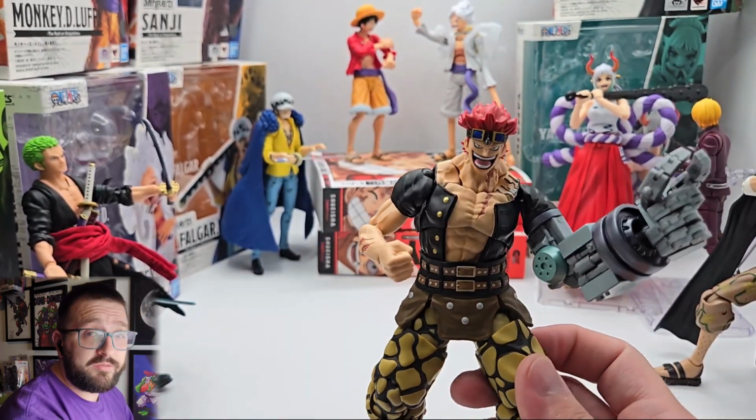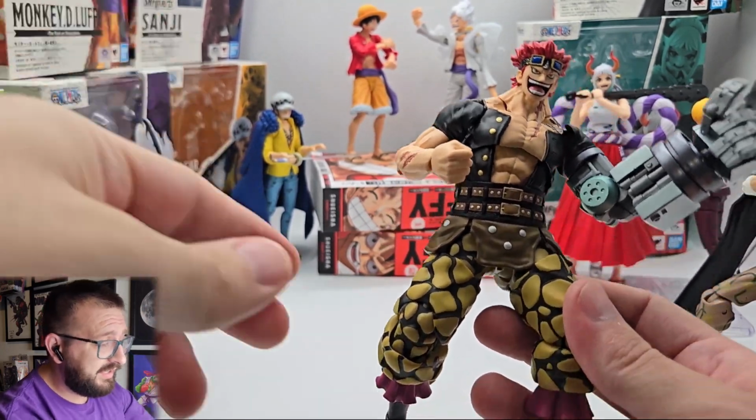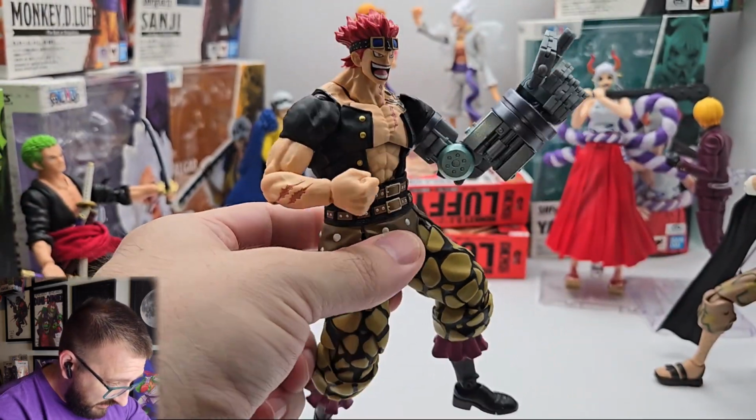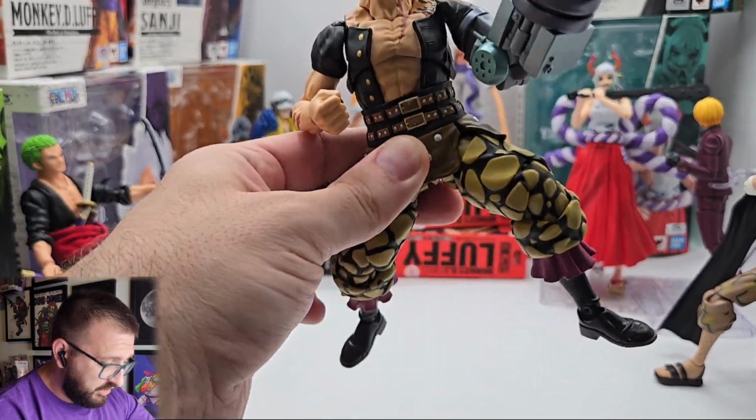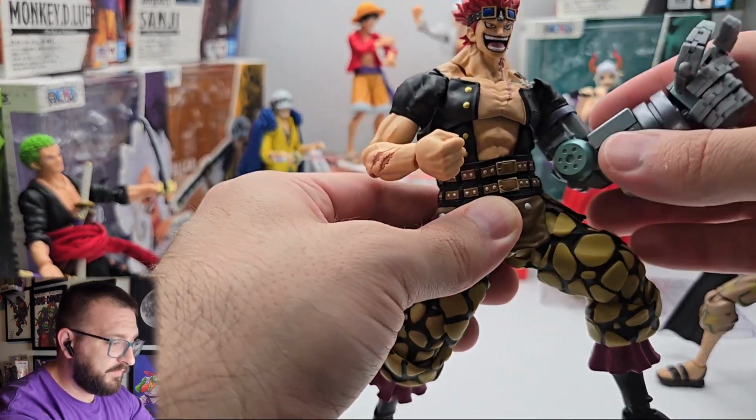I have a lot of bones to pick with SH Figuarts on things, but these are the most anime accurate figures. Absolute work of art. That is just insanely cool. So let's...